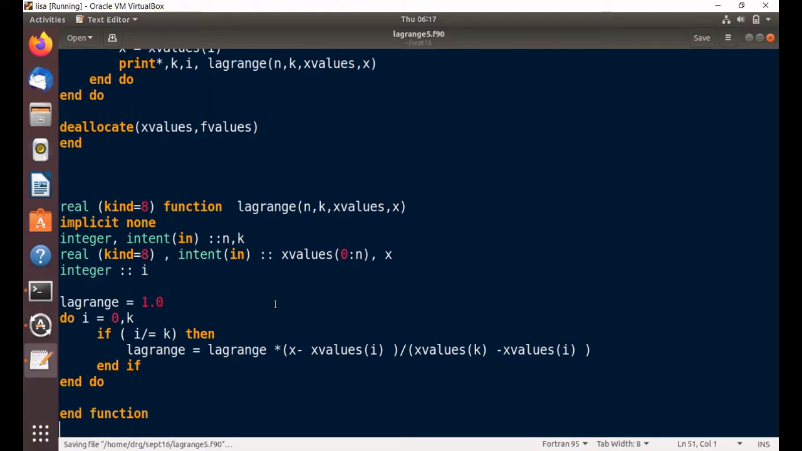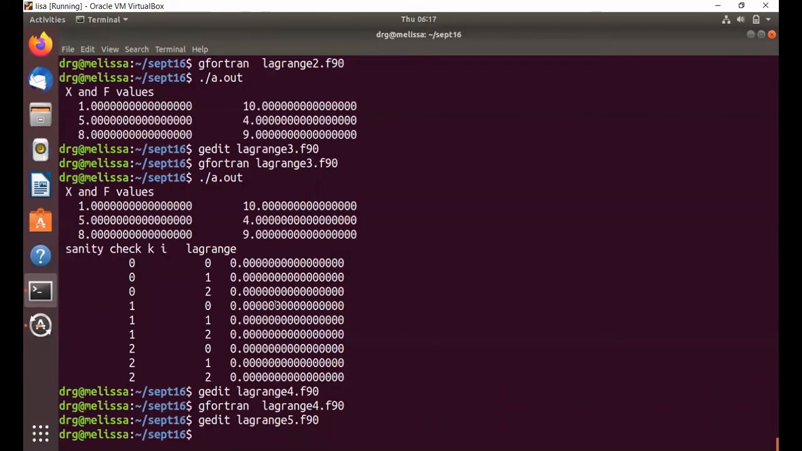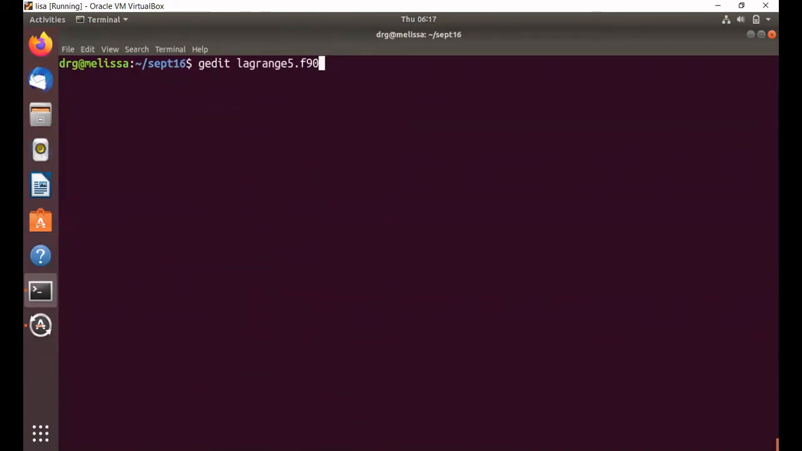So let me save this. Let me compile this. Now, remember what we're doing. I'm taking the x values out of the data set and feeding them through this Lagrange function. I should always get 1 or 0, depending on whether or not the index k and the index I match up or not. So when I run this program,